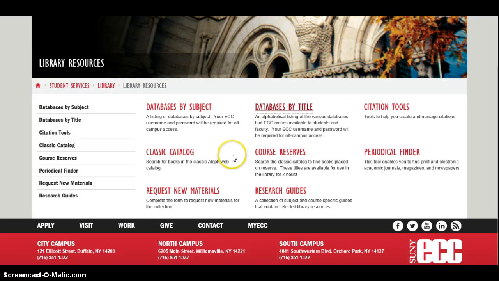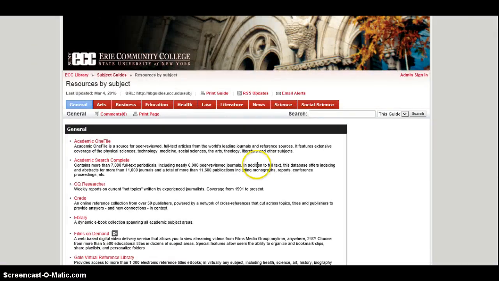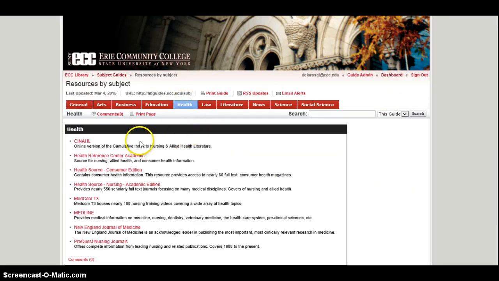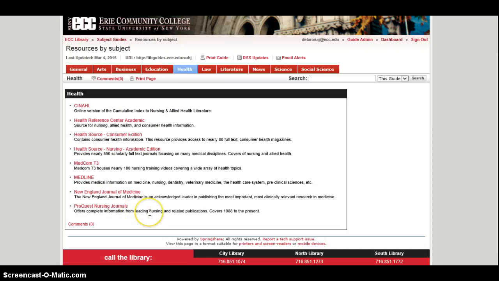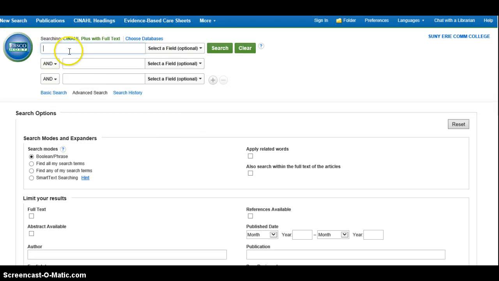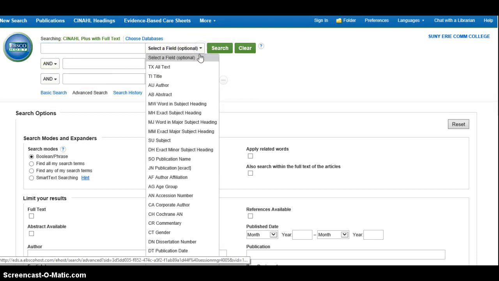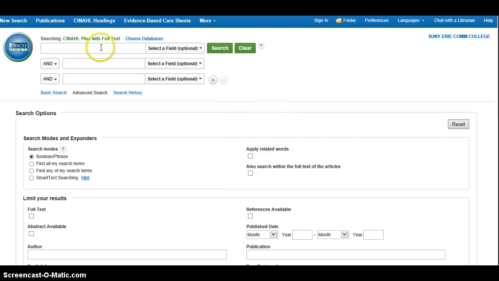and go back to the library resources page, we also have the databases set up by subject. So if you're unsure of which database to search, but you know you are looking for health information, you can select on the Health tab, and we have all of the health databases listed. All you do is select the title and click, and it'll bring you directly into the database to search. You can do a keyword search, title, author, specific journal. Okay, so I'll do a sample search on